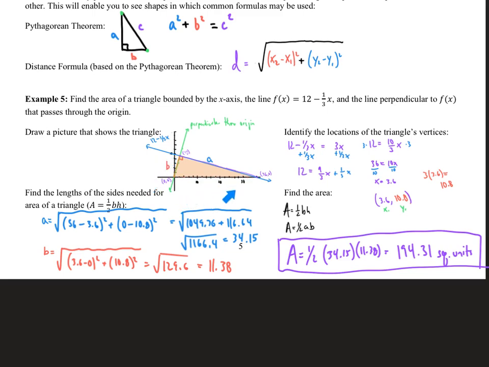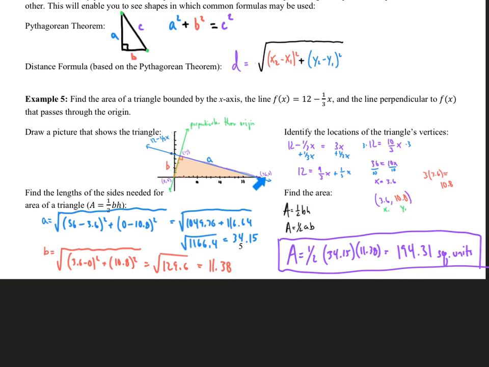I guess I didn't really explain how I found that point when I found the vertices. So we knew that the origin was there. So I knew that was 36 because we started at 12. I was going down 1 and over 3. So if I start at 12, go down 1 and over 3, I'd be at 3, down 1 over 3. So if I have to do that 12 times to go down 12 steps, then 3 times 12 being 36. So that's how I found the